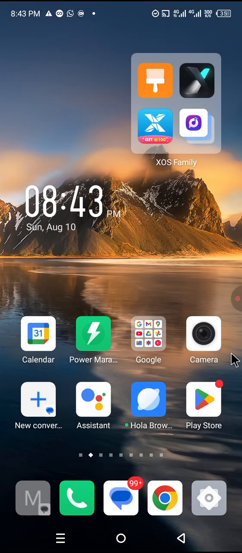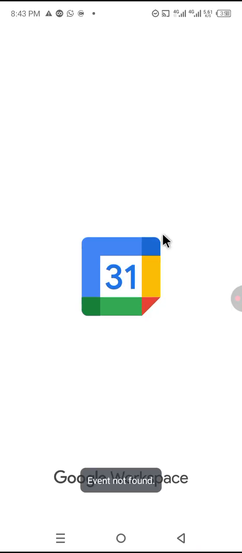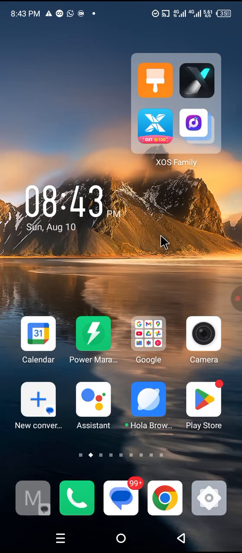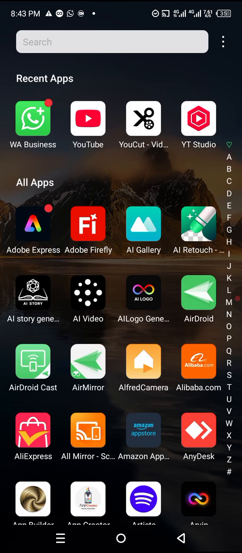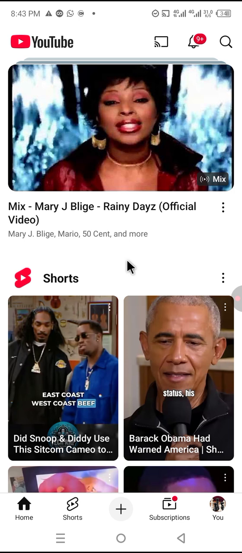Let me show you. You simply search for your YouTube app on your phone. So now this is the YouTube app. All right, you open the YouTube app, make sure it's up to date. Go to Play Store and update it to the latest. Make sure that is done, update to the latest, and then after that you make sure you're